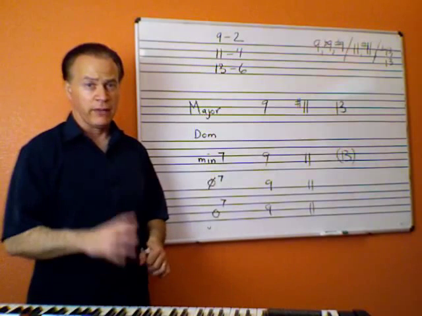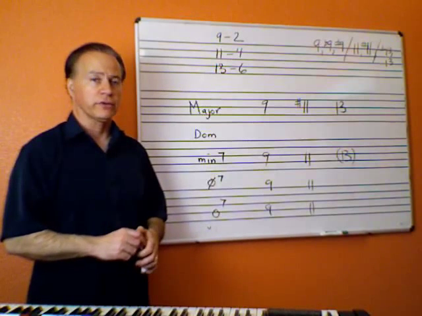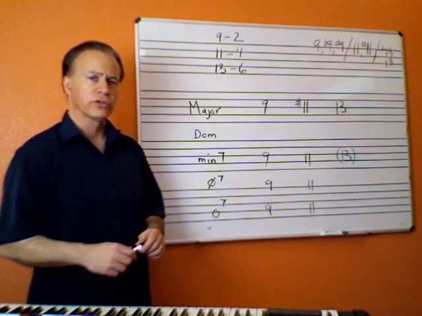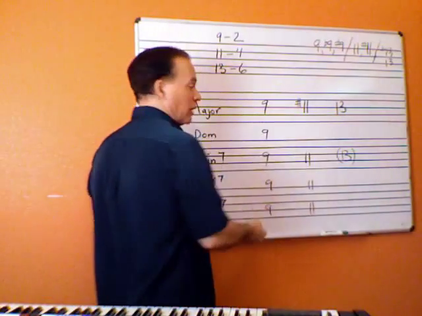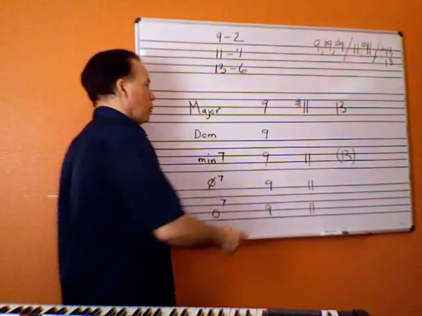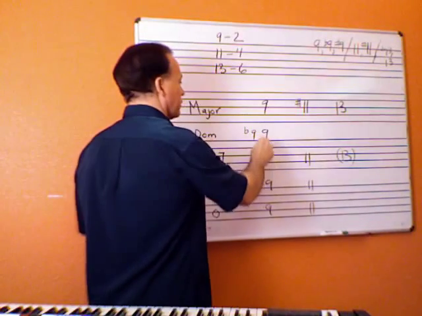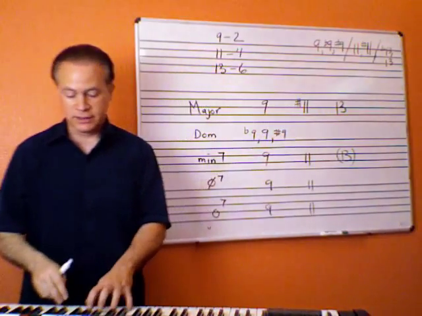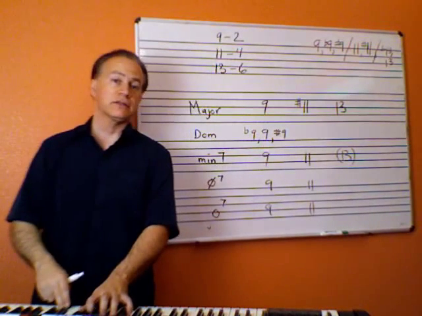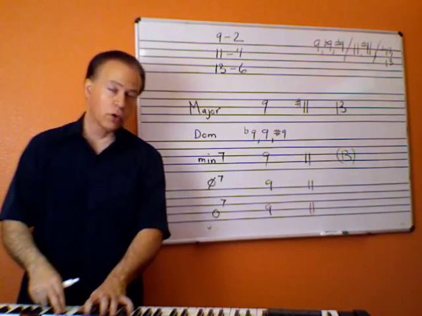But let's look at dominant, and this is where all the interesting stuff happens. Dominant chords, you can pretty much do anything. We could see a regular 9th on a dominant chord, C9. We could see a lowered 9th, and we could see a raised 9th. So in other words, we might see a C9, a C7 with a flat 9, or a C7 with a